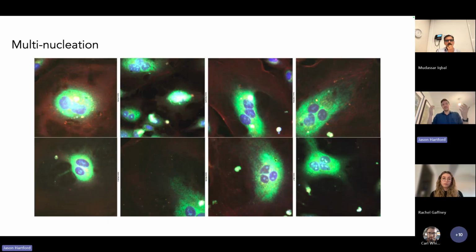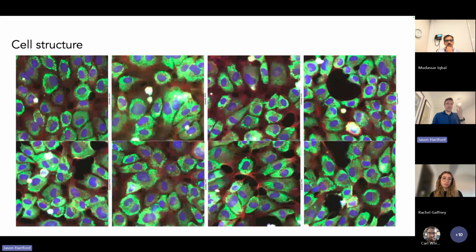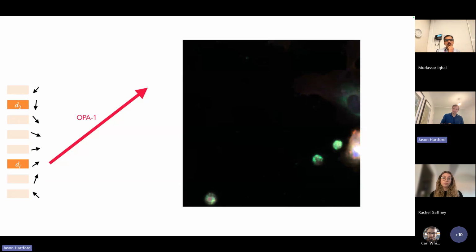Then multinucleation features, which is a little bit more biological. There's a feature direction associated with images of cells where there's more than one nucleus in the cell. Some of these interesting cell structure type features come out. And then this one's just kind of fun, where Christina went in and looked in detail at one particular feature. So,